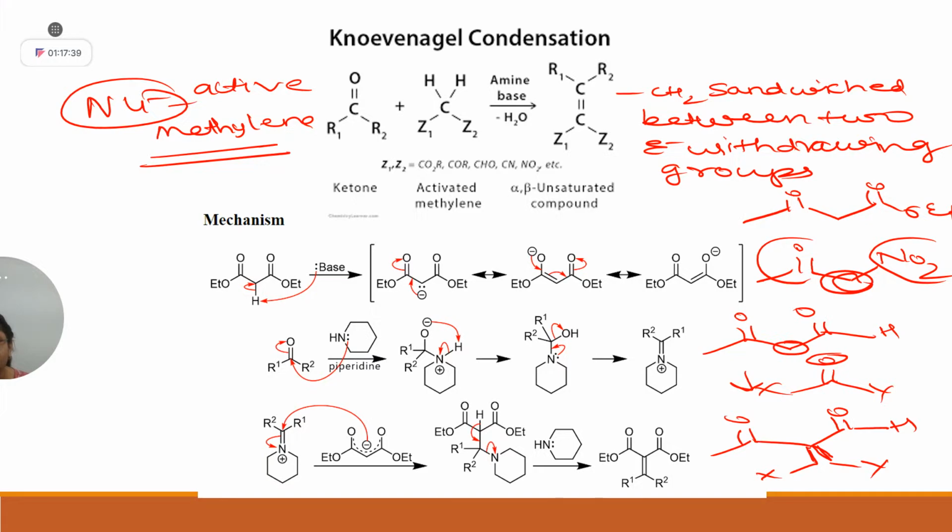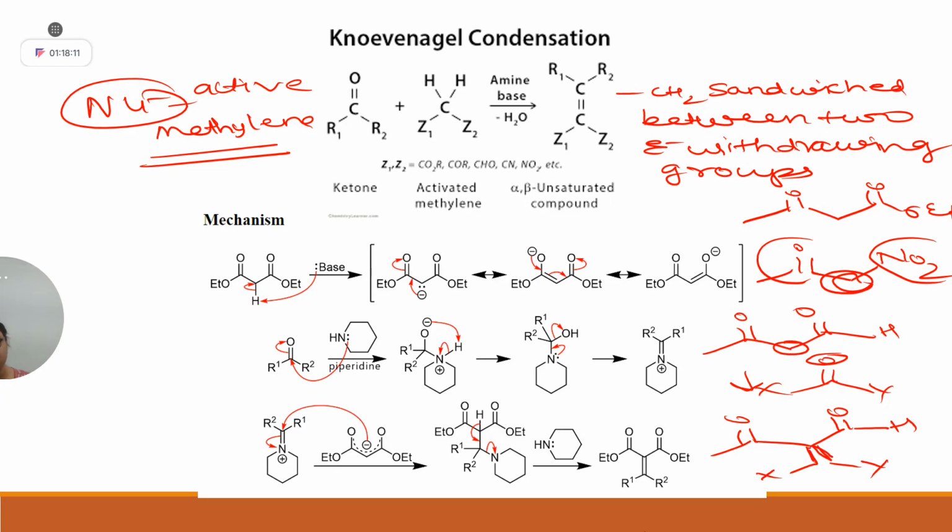Have you got the trick how to write the product directly? For example, you have this active methylene, right? This was your ketone. At last, what is happening? You have formed one double bond and have drawn R1 R2, R1 R2. Other things are the same. So can you write the Knoevenagel condensation product directly? Yes, ma'am. And after looking at the product, you can tell that this is the product of Knoevenagel condensation.